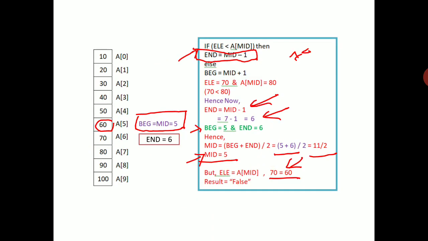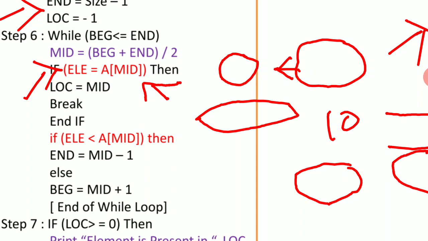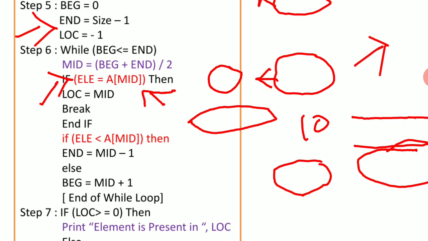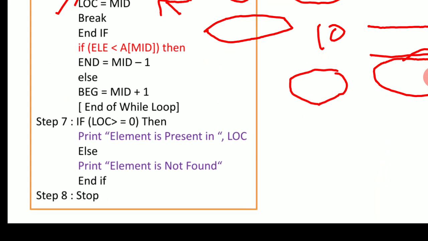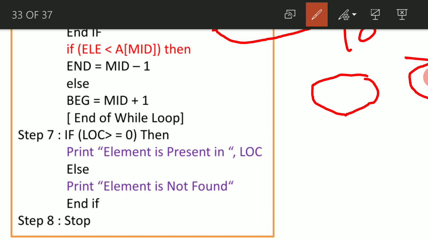We will go to the previous slides and see what the next part is. Here we are going to continue. What is the location value now? We got the location value as 6. Here in step 7 we are going to concentrate. What is location value now? It is going to be 6. Now the question is, 6 is greater than or equal to 0? Obviously it is greater than 0.